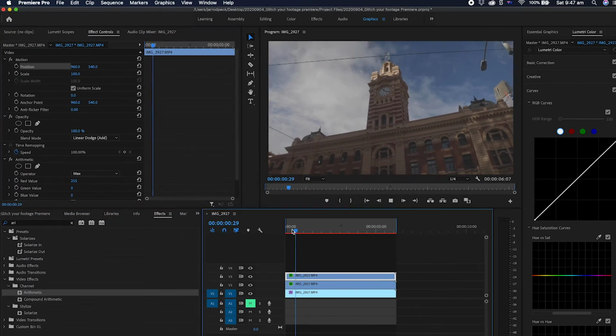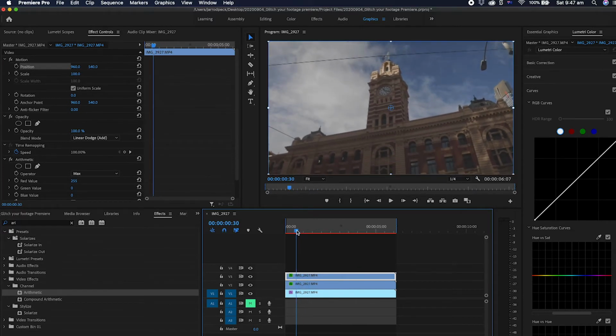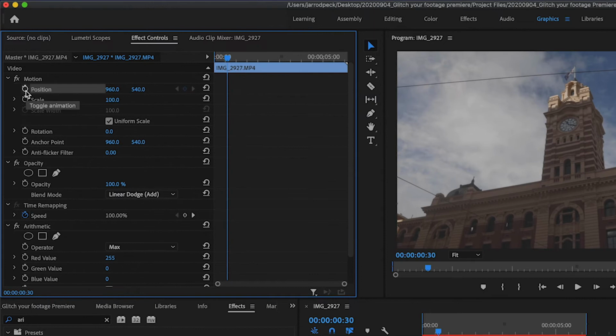If we come down to our timeline and just find the point where we want to start glitching out the effect, let's say we wanted to start glitching it at this point. We can create a keyframe under our effects control again. Next to our position, we'll just hit this little stopwatch and that'll create a keyframe, and we'll just zoom in. So we've got our keyframe here. Now we want to just bring it back slightly, so our effect is still going to start from this point. So now we can just offset slightly